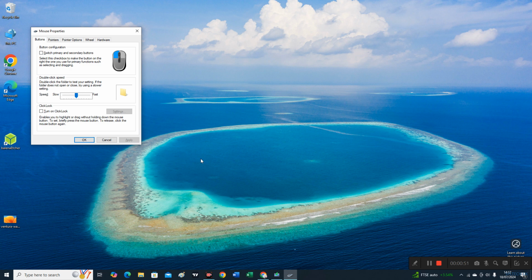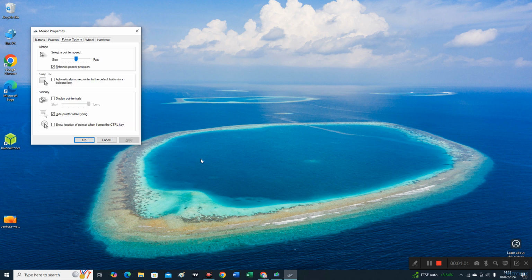So if you press the tab button, keep on pressing, and when it selects the button, click the right arrow key, go to the pointer options tab, keep pressing twice. It will take you to pointer options, and then you can use the tab key again and select a pointer speed, make sure it's in the middle, and then enhance pointer precision, just deselect it,